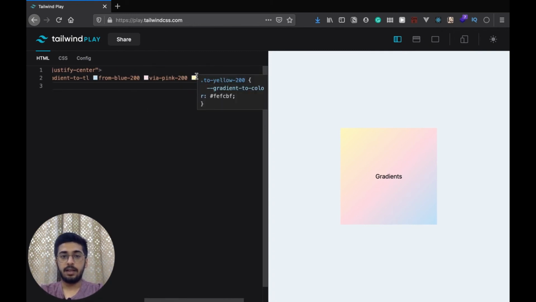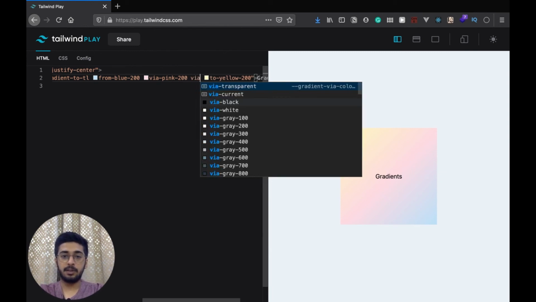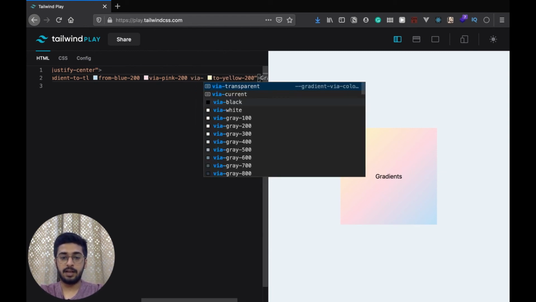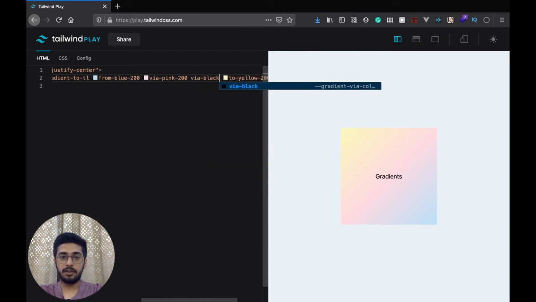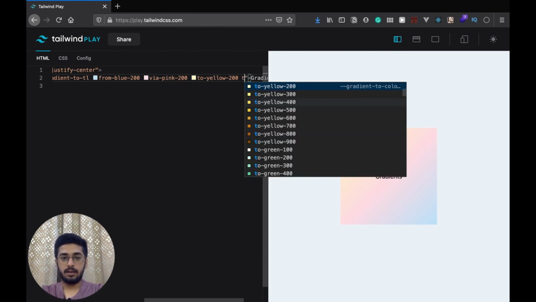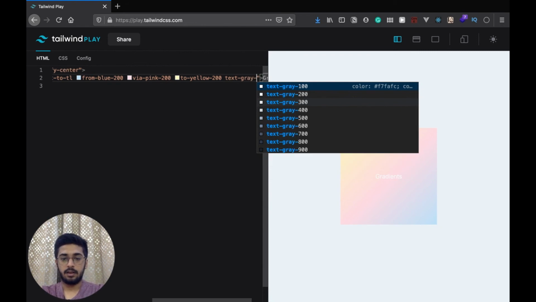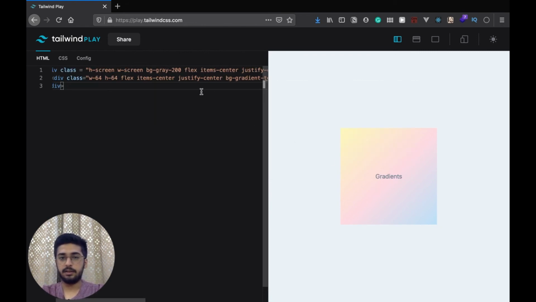And then let's test this out. I haven't tried yet as well. Can you add multiple colors via? So let's say via black to see if it works. So you can only add 3 colors, and I might be wrong, I haven't explored it properly. So if you know that you can add more colors, just tell me in the comment section for sure, and I'll make sure to edit the description or something so that people are not misled. We can, let's say, just add text gray 600 and make it easier to the eyes.